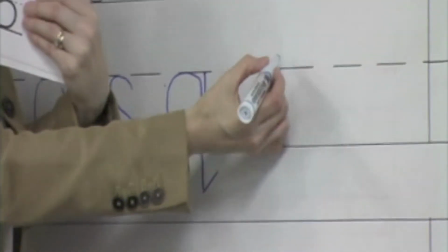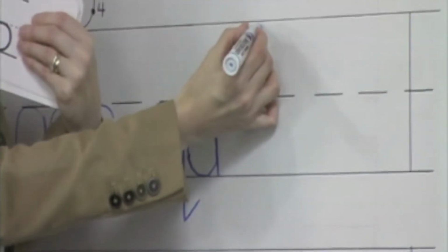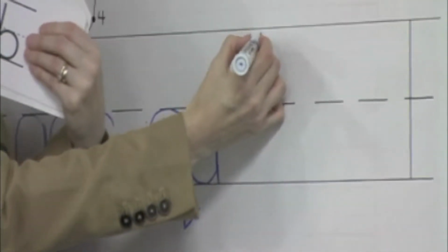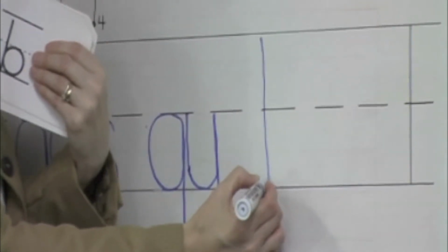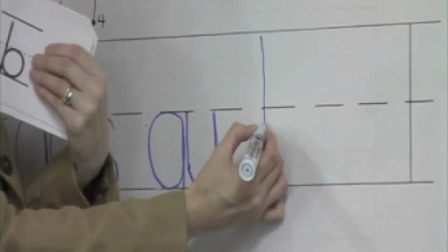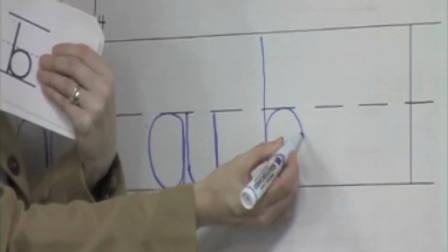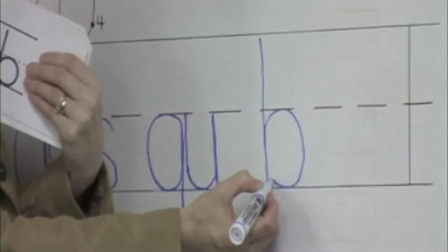Tall. It's a tall phonogram, so we have to start at the top, but do not touch the top. When you start close, you're going to start comfortably close, but not touching. We go straight down to the bass line. Don't fall through. Without lifting your pencil, you go back up to 10, stop at the 10, and then start rounding. Bump his head over to 2, to the 4, round from 4 to the bass line, to the 8,